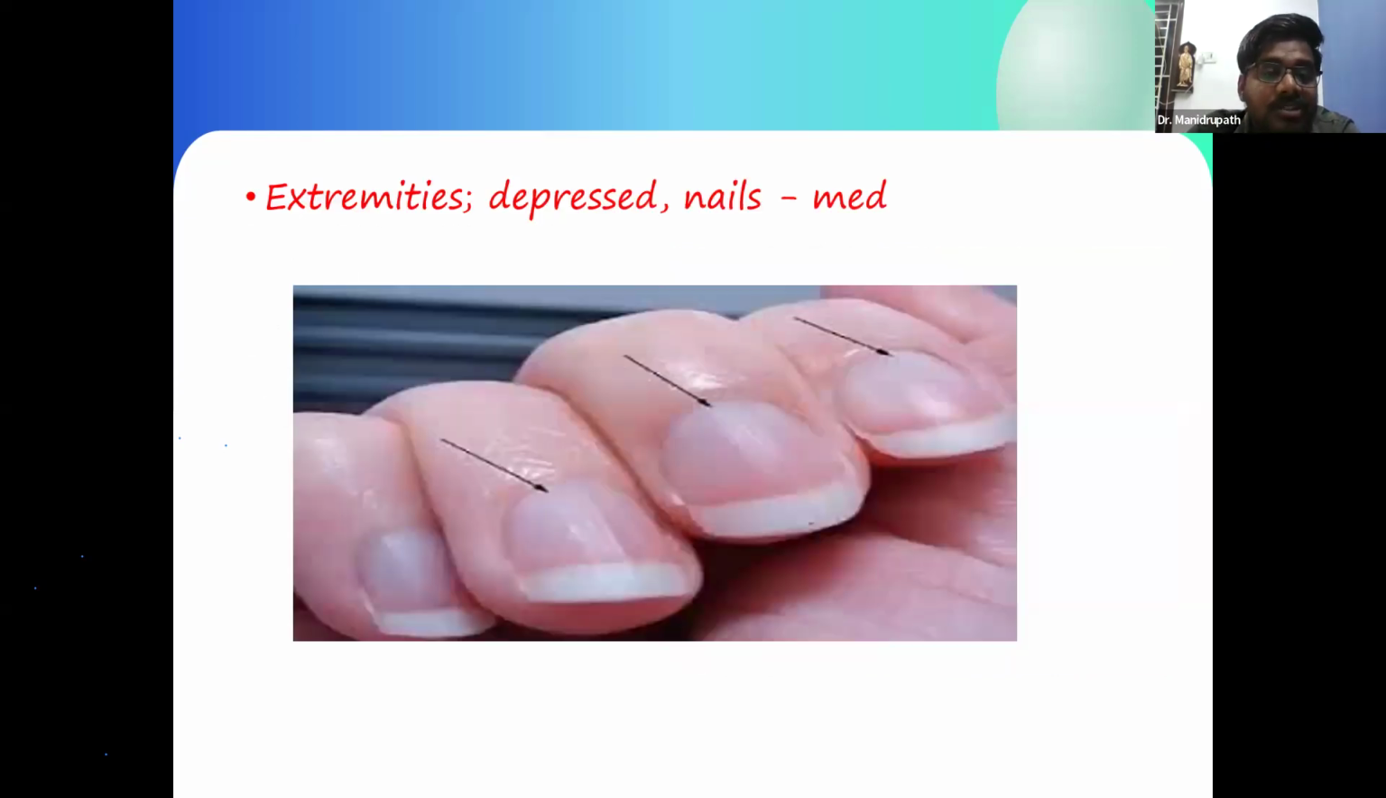Now see this, extremities, depressed nails. If they have depressed nails, the remedy is medorrhinum. And medorrhinum is a nosode. It is a mixture of some polychrest remedies. And medorrhinum key indications: if there is a history of UTI, you can think of this remedy, and almost a lot of